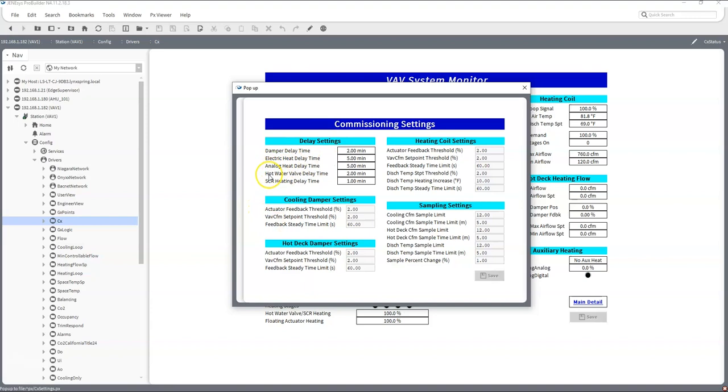And this would be just for the time delay for the hot water valve or the floating actuator reheat control before measuring the difference. And this hot water valve time delay is the time delay that allows the hot water valve or floating actuator drive time before testing. So it's going to take 2 minutes to open the hot water valve, and then it'll take another 5 minutes to take a sample of